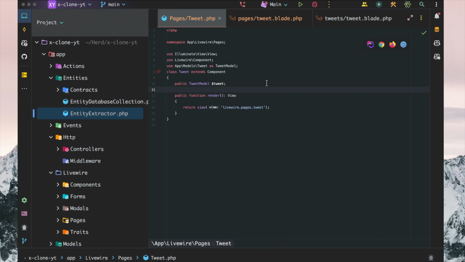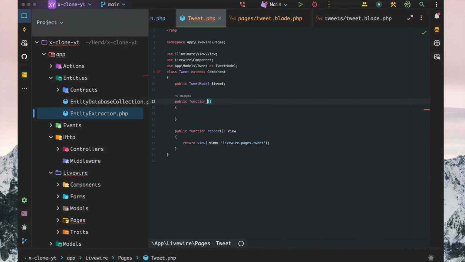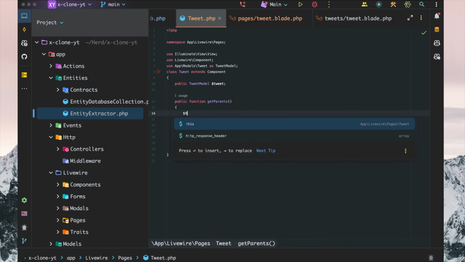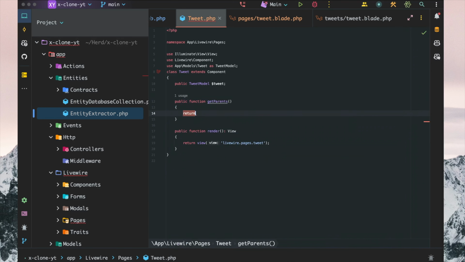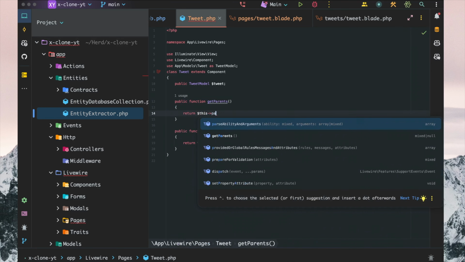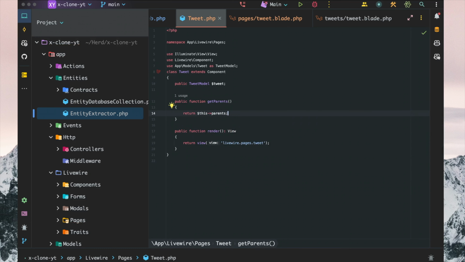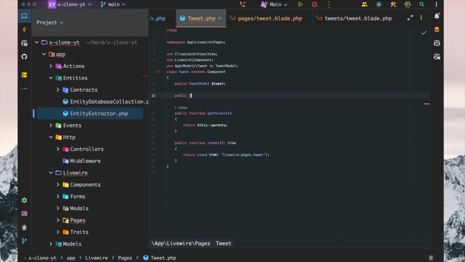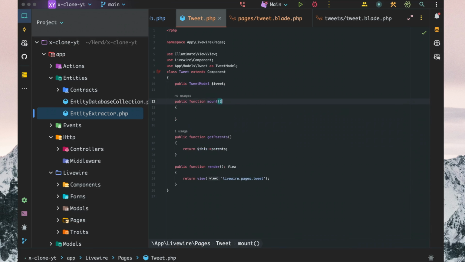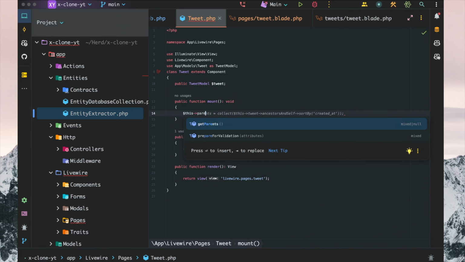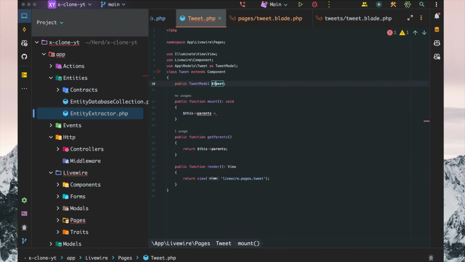we want to get parents. So we're gonna have a public function in here called get parents. Gonna return, in this case, this parents. And for this we want to have a public function mount. This parent should be set to, which we're gonna have up here,